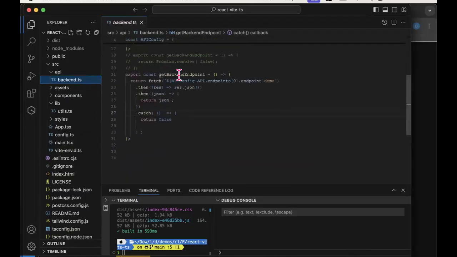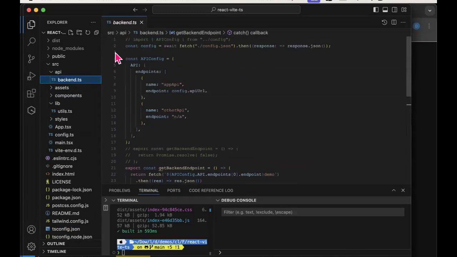Here's the getBackend function. But in this file, at the very top of the file, I've got a fetch call, and I'm fetching the file at